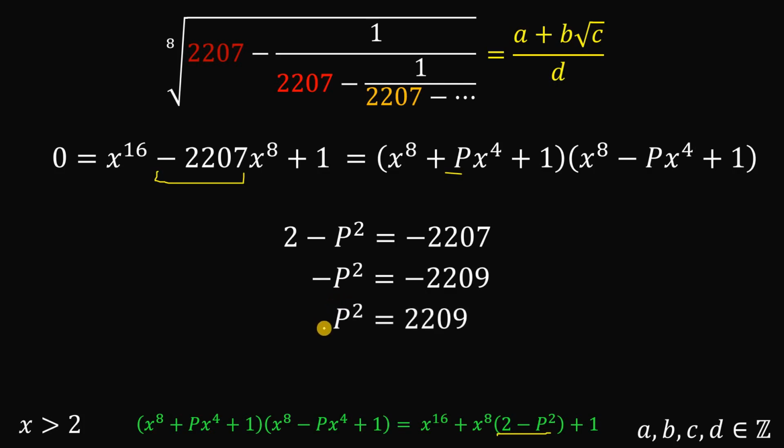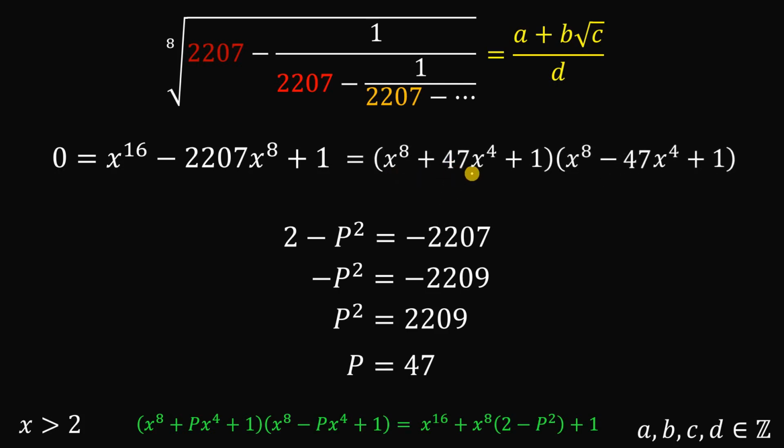Multiply both sides by negative 1. Get the square root on both sides because 2,209 is a perfect square. And if we get the square root, we have 47. Therefore, the factored form x raised to the power of 16 minus 2,207 x raised to the power of 8 plus 1 simply equal to x raised to the power of 8 plus 47 x raised to the fourth power plus 1 multiplied by x raised to the power of 8 minus 47 x raised to the power of 4